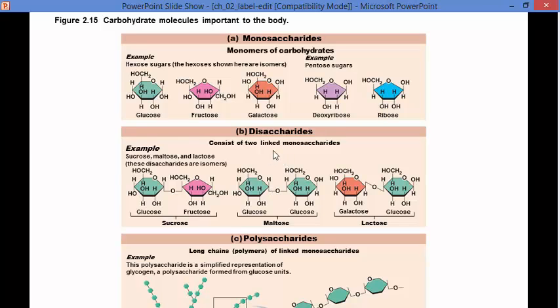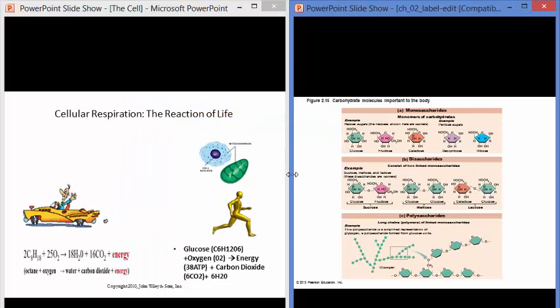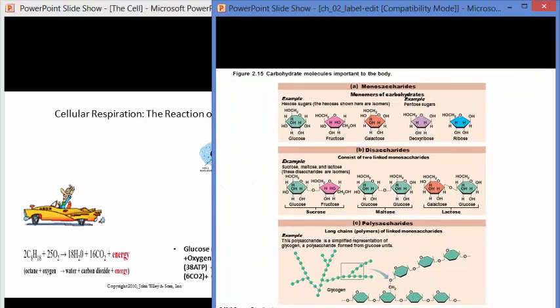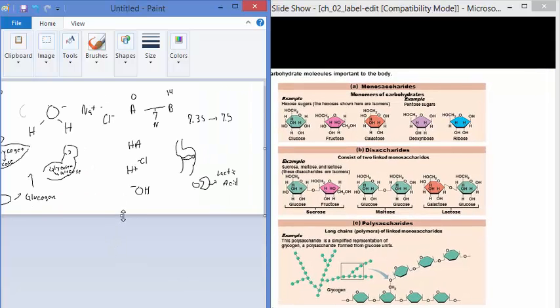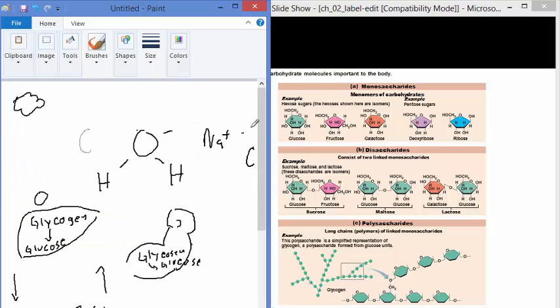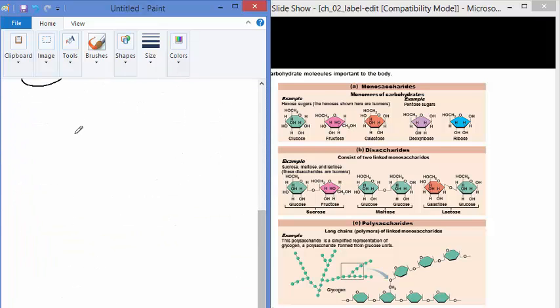So some examples of disaccharides, we talked about that table sugar, that sucrose, which you will dip in your strawberry, drink in water, and then think that there's a hydrolysis reaction going on within your body. Right? Maltose, and then lactose. Lactose is an important disaccharide that we find within milk. So normally within our small intestines, there's an enzyme called lactase. That enzyme, it helps to break down that